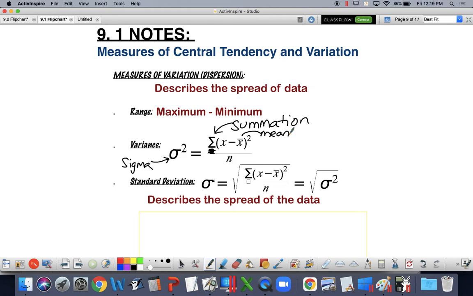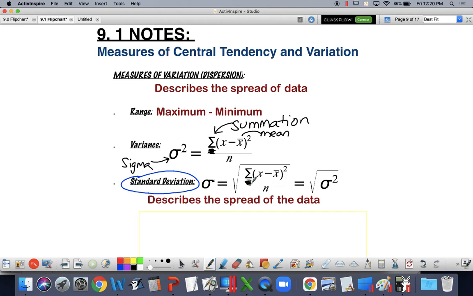Now, most of the time, people don't want to talk about variance or they never really heard of it. They usually talk about this data point here called standard deviation. Has anybody in here ever heard of the term standard deviation? No. Okay. Standard deviation is the one that is most commonly discussed when we talk about the spread of data. We take our variance and we take the square root of it. So we basically take this calculation and make it even more complex. You still have the exact same calculation, you just wind up taking the square root of it.